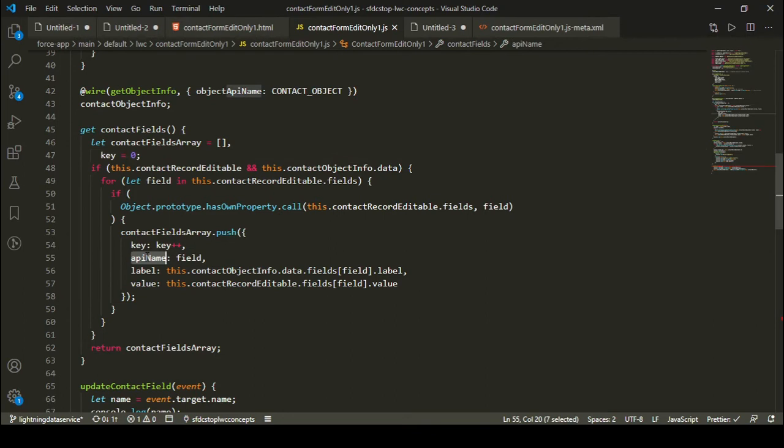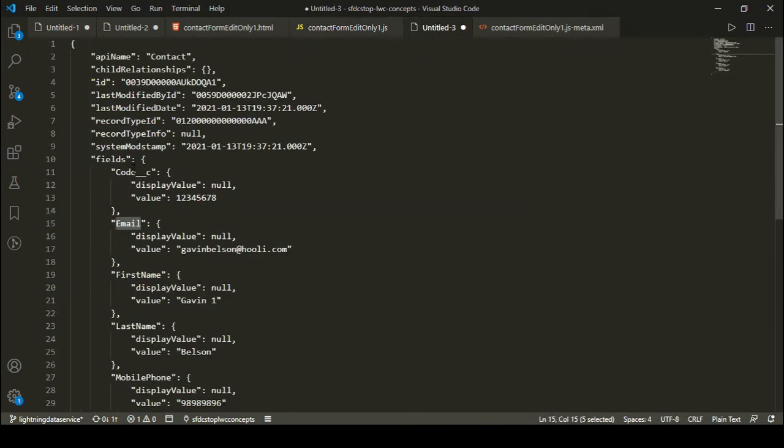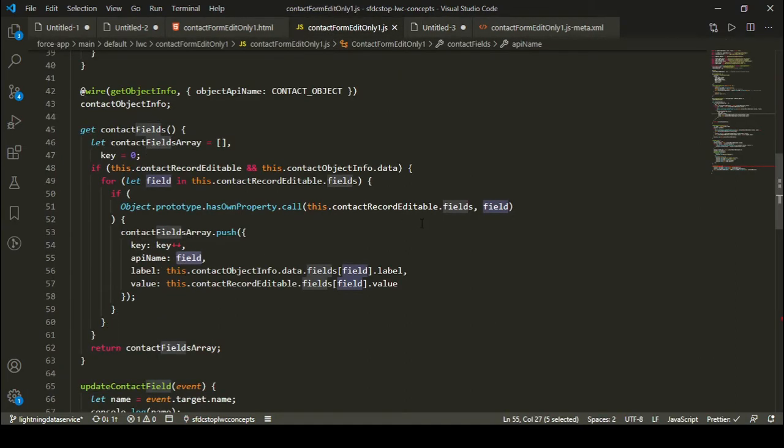I'm passing the API name, which is nothing but the key of the field. Okay, so the API name is the key, which is nothing but field, and then I'm specifying a label. The label is nothing but the contact object info dot data dot fields, and then a particular field and then label.